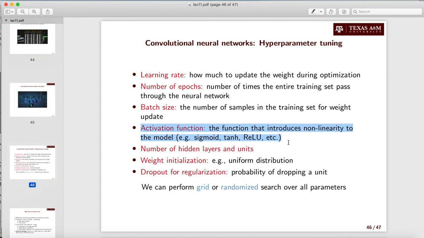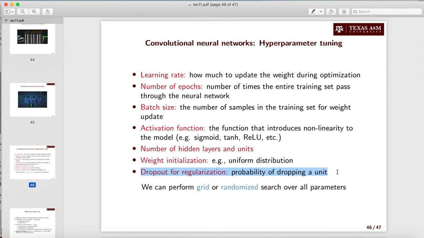Of course, there are several other hyperparameters, such as the activation function that we have seen so far as well, the number of hidden layers, the number of units, the dimensionality of the filter, the stride size, the initialization of the weight. So, for example, a uniform distribution can be used to initialize the weights, as well as the dropout. The dropout is essentially how many of these weights, how many of these neuron connections, we're going to drop. And usually the dropout is a very important parameter in order to have a good trade-off between